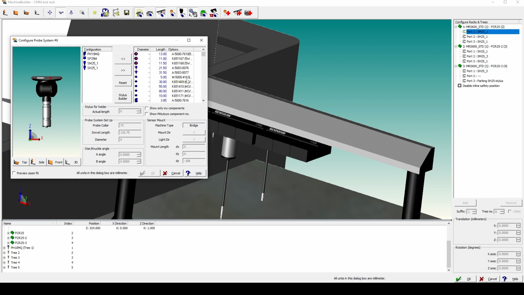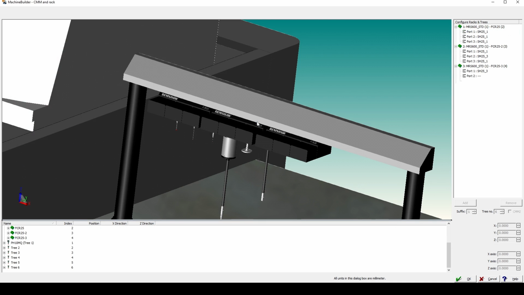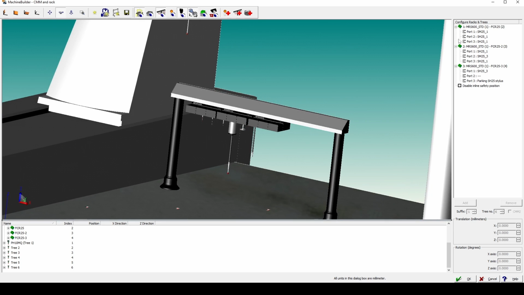The same thing, I'm going to add M3 to M2, and now I will have some extension M5000 3647, and the probe will be A5000 7809 disk probe. Okay,